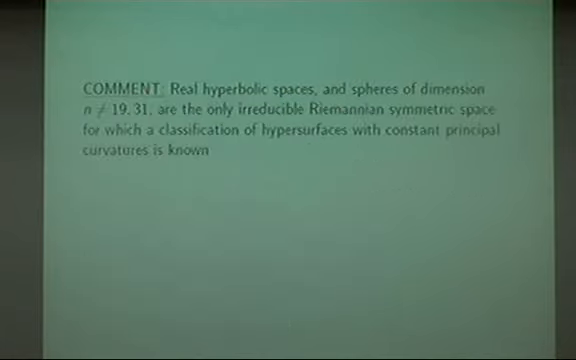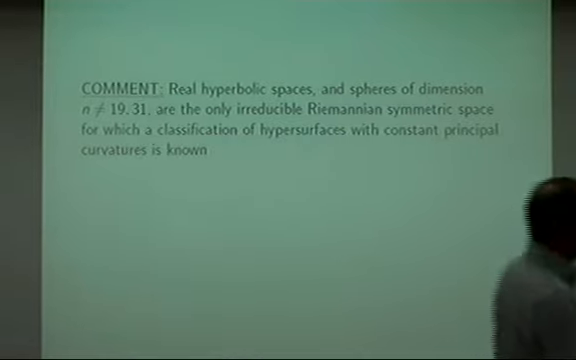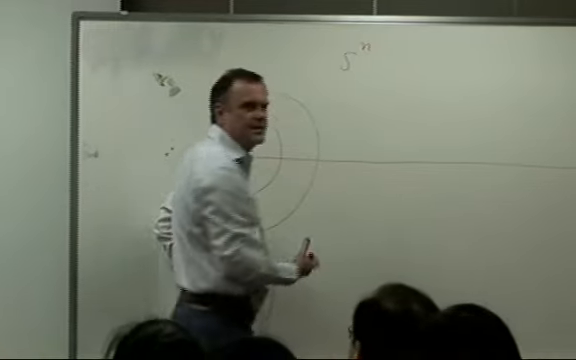So here is a comment, an observation, that real hyperbolic spaces and also spheres of dimensions different from the dimensions 19 and 31 are the only known symmetric spaces for which a classification of hypersurfaces with constant principal curvatures is known. Now when I say symmetric spaces, and you don't know what symmetric spaces are, write down a few examples. For example, a sphere is a symmetric space,